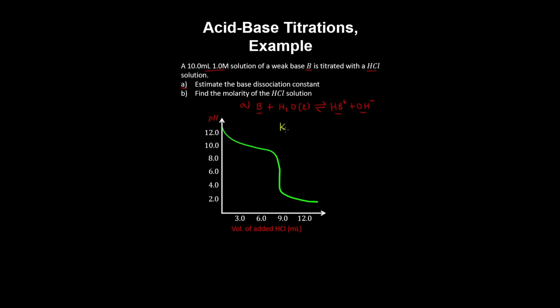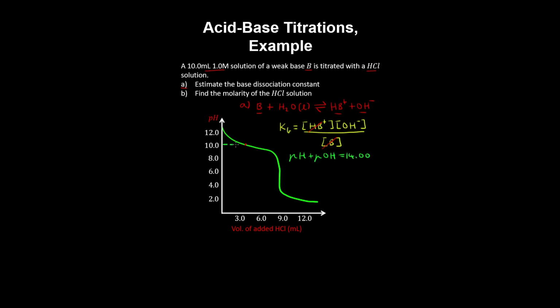And from this we can obtain the base dissociation constant. And at the half equivalence point, the concentration of the base is equal to that of the conjugate acid. And using the following expression, assuming 25 degrees,